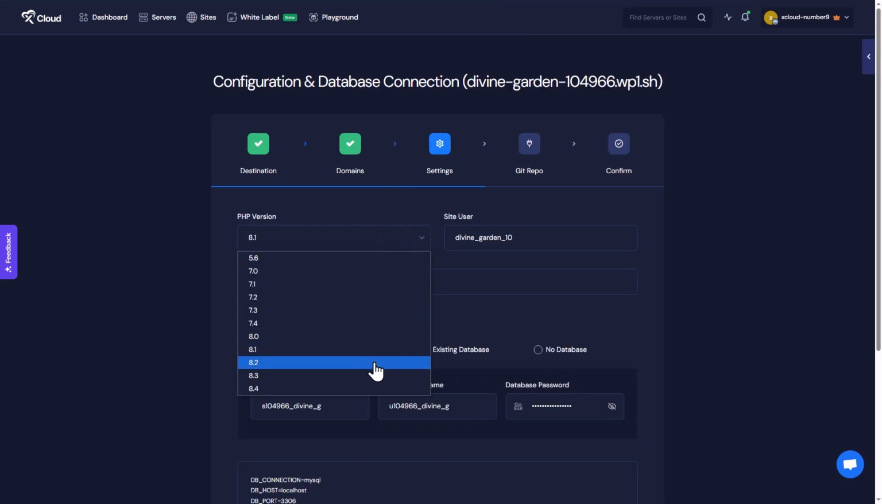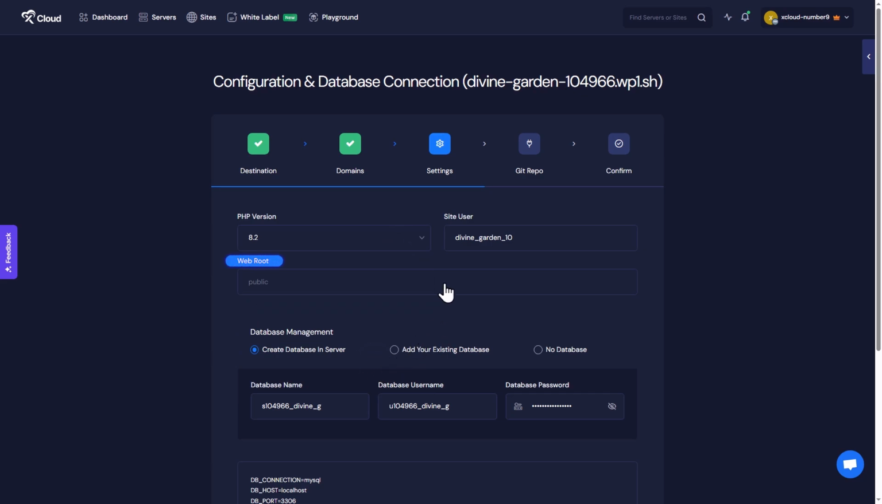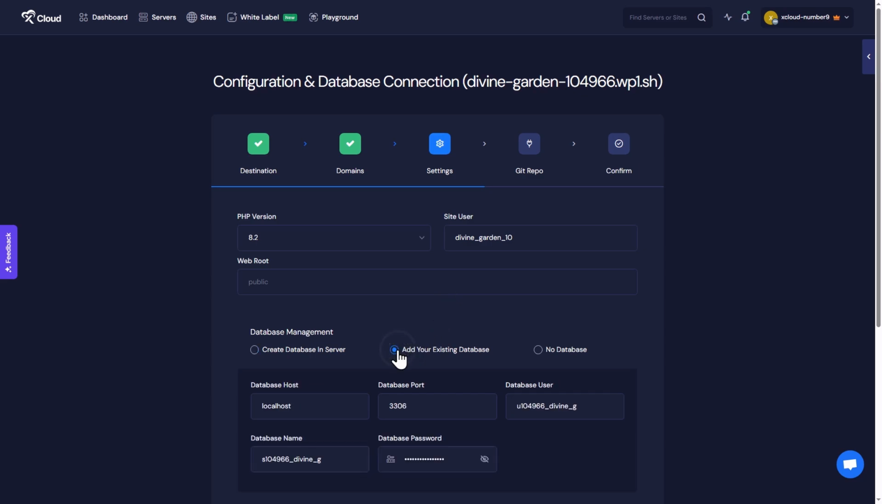Choose your PHP version, set your site users, and most importantly, define the web root, the folder that contains your index.php file. If your files are inside a folder like the public HTML folder, make sure to update the web root to that folder. Now you can create a new database, add your existing database, and you can proceed without